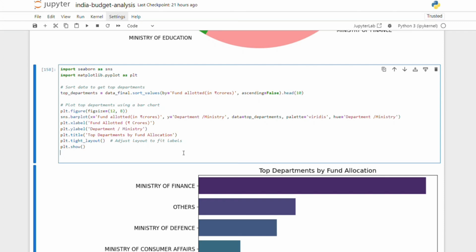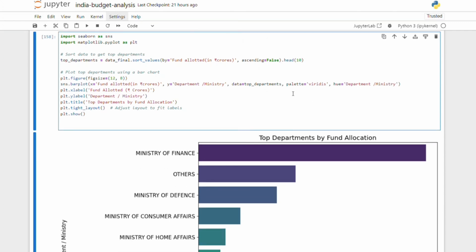Next we have the bar chart. So in this we will import the Seaborn library, which is used for statistical data visualization. Sort the data frame by fund allocation in descending order and select the top 10 rows. Then create a new figure with a size of 12 by 8 inches. After that, we plot a bar chart using Seaborn with the top departments, setting the color palette to